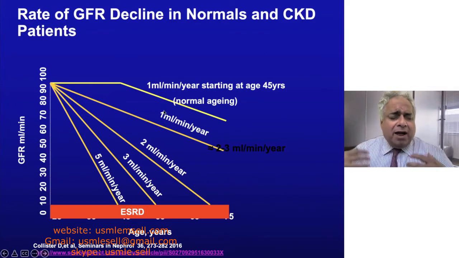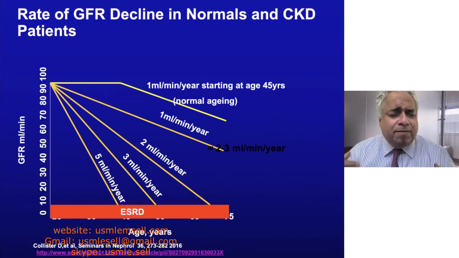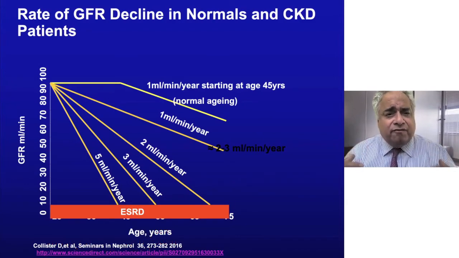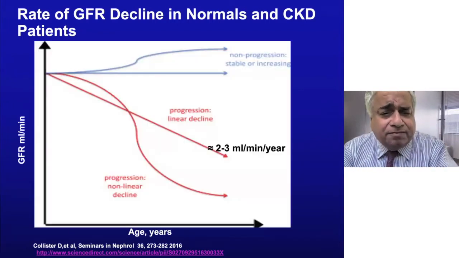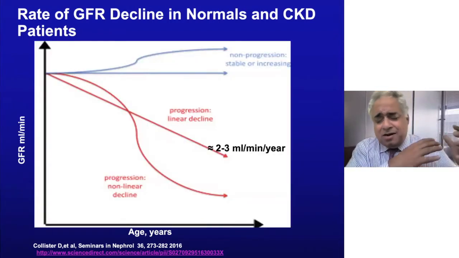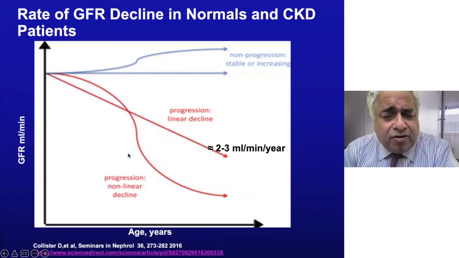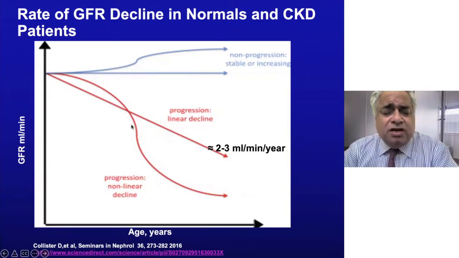I always tell my fellows that my role as a nephrologist is to sit down with a patient, plot out their rate of progression, and try to convert them from a fast progressor to a slow progressor. That is the goal. The most important metric of success for our patients is, can you prevent me from developing end-stage renal disease? And I do that from a tactical perspective by converting fast progressors into slow progressors.